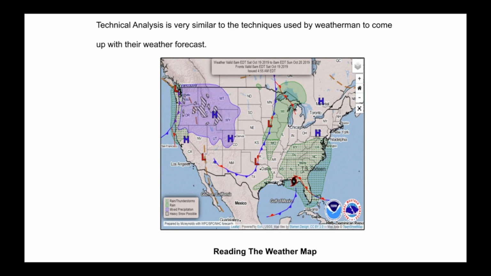In the Midwest, in the middle, it's solid green. Based on his charts, solid green indicates rain. In the Southeast, it's dotted green, and dotted green indicates thunderstorms. So all the weatherman is doing is looking at a chart or a map, whatever you want to call it, and he sees high pressures. These are indicators, some low pressures, some wind currents, some fronts, and he comes up with a conclusion. And I don't know about your weatherman, mine's pretty good. He usually gets it right about 70 to 80% of the time. So let's see the similarities now.